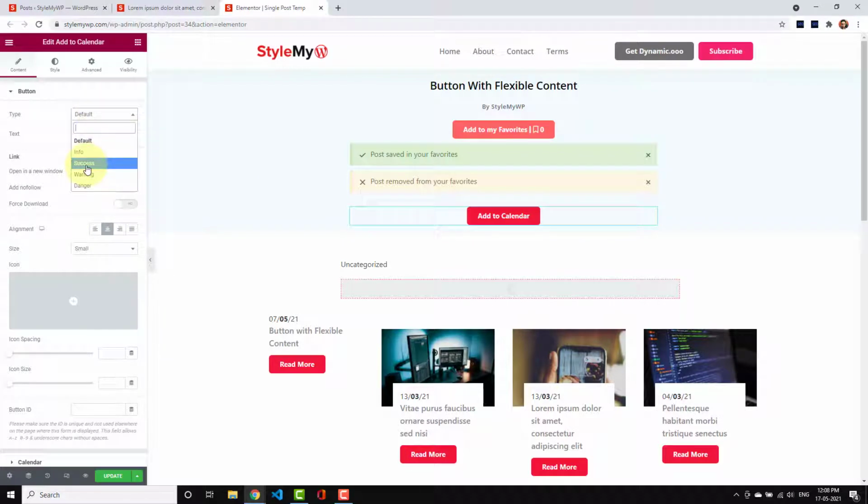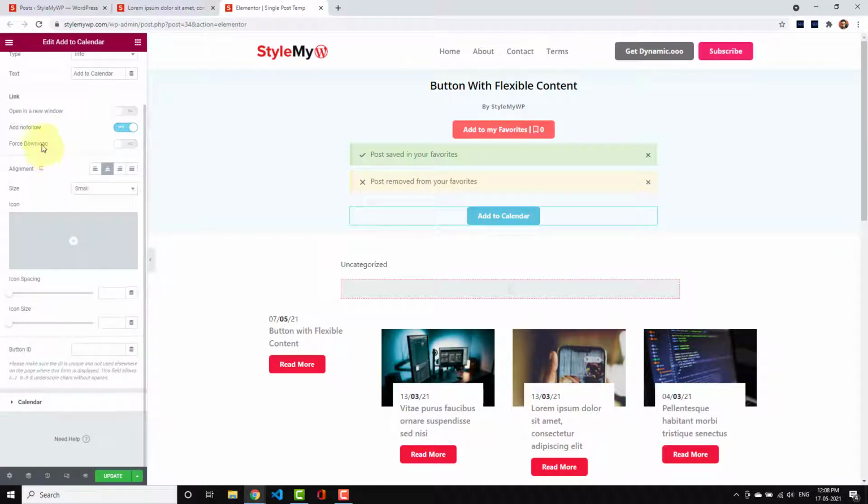You can change the type of your button, any of these, like success or warning, just for the color purpose. You can choose any of them, and then make the link open in a new window, or you can add a nofollow attribute, and you can also make it force download. I will leave it as default and add the nofollow attribute.